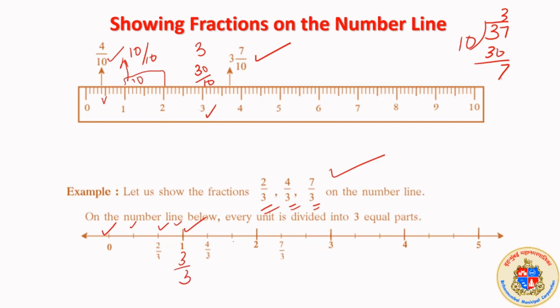This is 5 upon 3. This is 6 upon 3. That is why it is 2. So this 3 indicates how many divisions there are between consecutive units or in between equal parts. Every unit is divided into 3 equal parts here. This is the fundamental of a number line, so that you can depict any fraction on it. It is all decided by the denominator. How many divisions are there in between each consecutive unit or number? Please remember that.